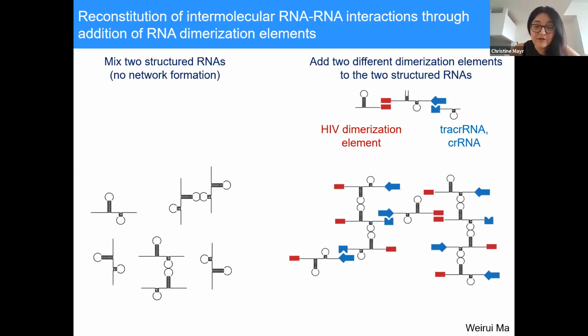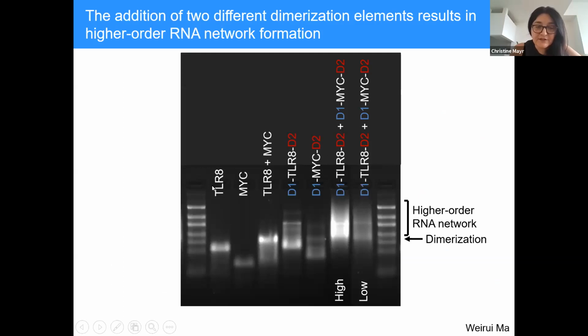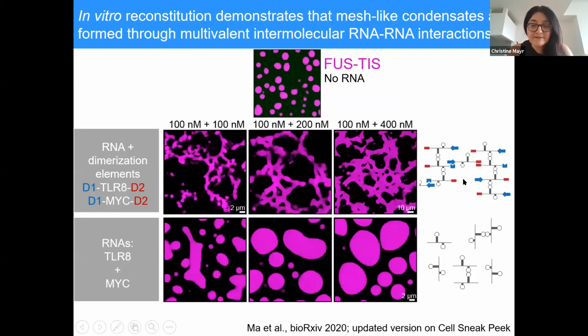And you can see this here on the gel. So these are the two RNAs that we used. This is their size. When we add them together, they form a dimer. However, if we then add the dimerization elements, you see here is the dimer, but then they actually form a much higher order network. And when we add this to FAST-TIS,